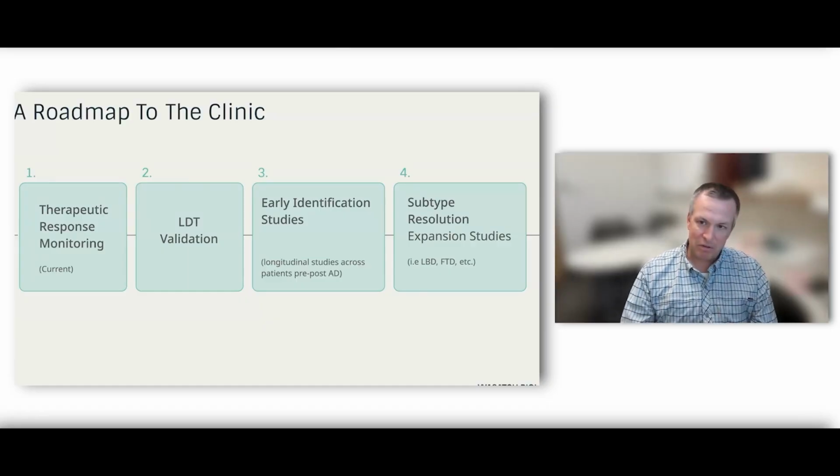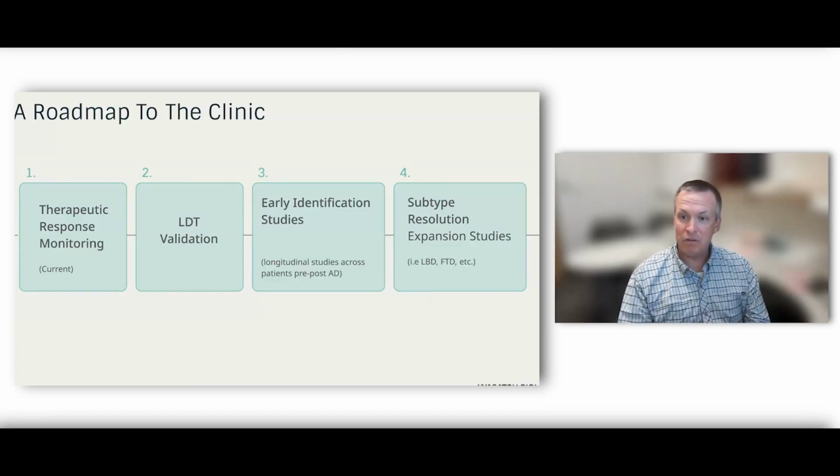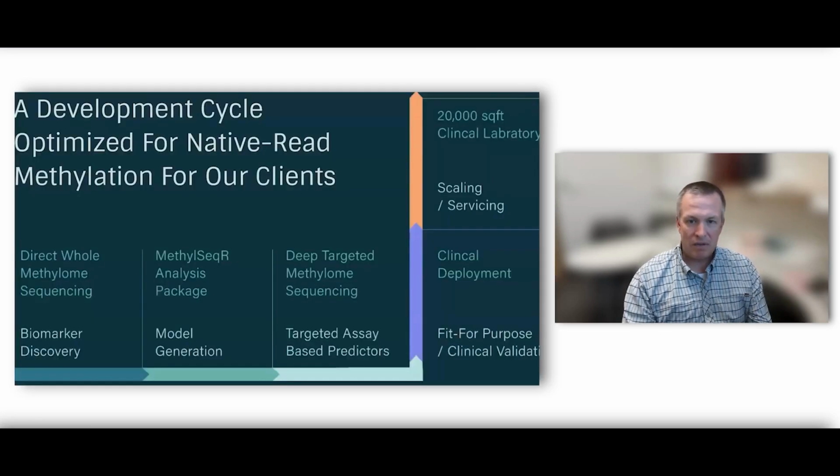We really want to be able to have increased resolution of neuronal subtypes. The goal here is to be able to discriminate between Alzheimer's disease and other forms of dementia, and that is definitely something that's on our radar moving forward. All of these are possible because of this expanded capability that is made available with the ONT platform. I'll show you right here the way that we think about this process. What I've just shown you is something that we've done internally for our own assay, but we're also working with other groups